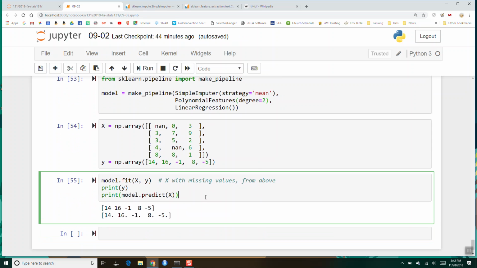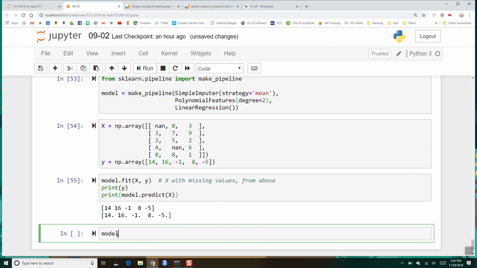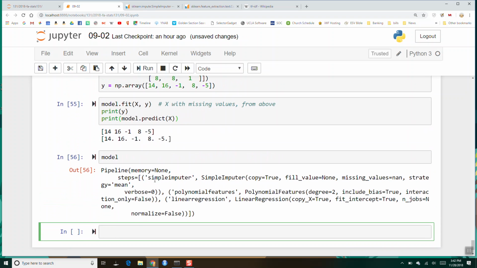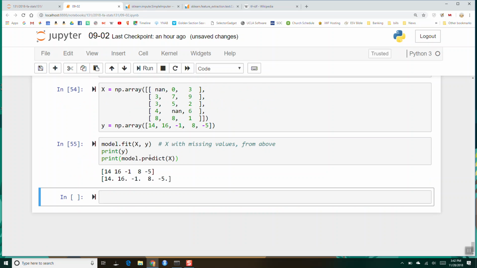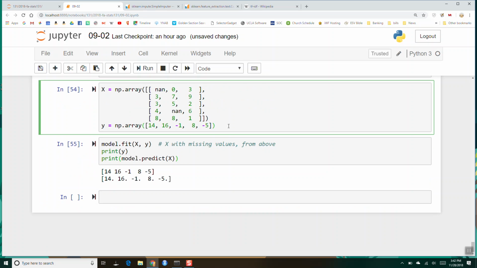And here, we're creating the model. But if you ask for the model, it's going to say it's this pipeline where the steps are the simple imputer, the polynomial features, and linear regression. Okay, but that's what you have. And so you can then take a different data set